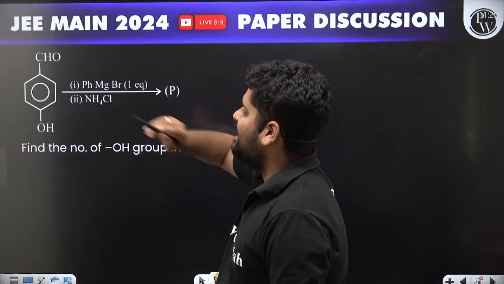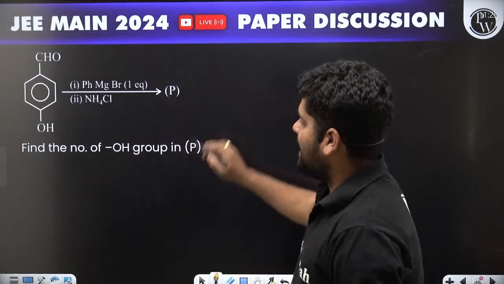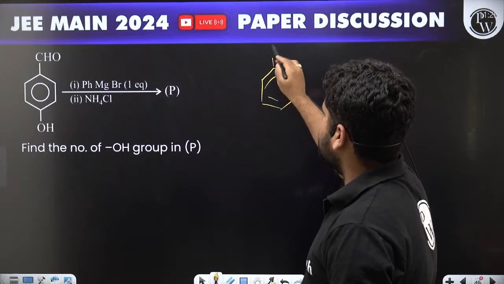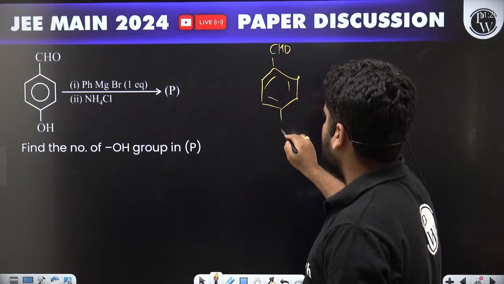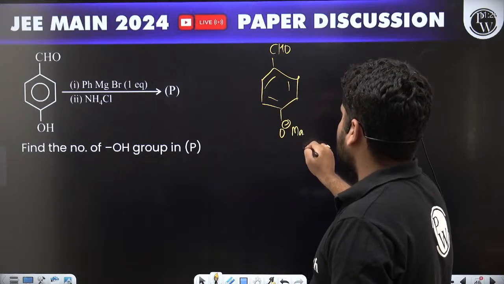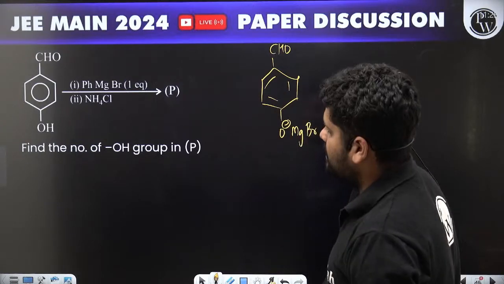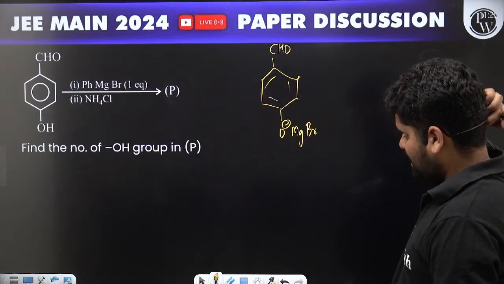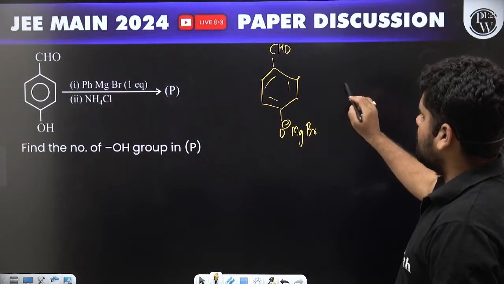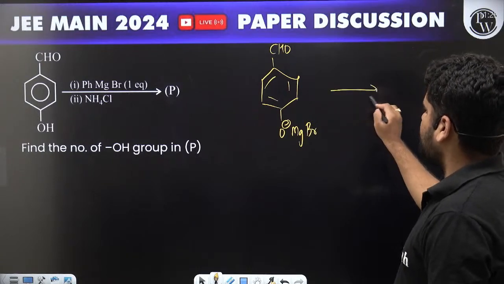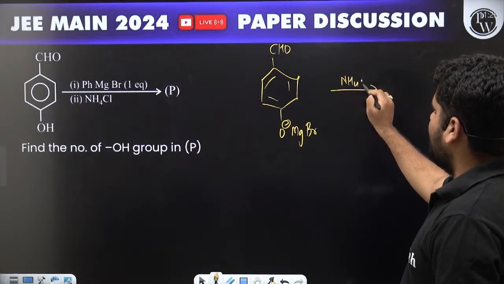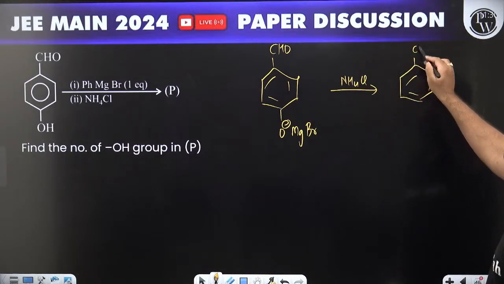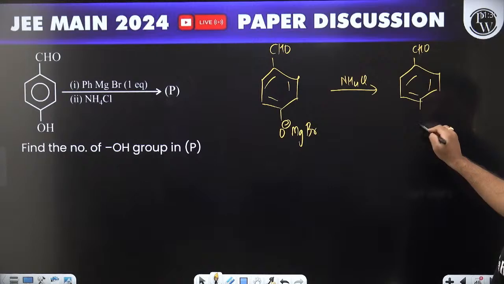Now, the acidic hydrogen gets replaced. When you are adding a Grignard reagent, the CHO part remains as it is, and we are going to put O minus and MgBr initially, and this Ph part goes with the benzene ring anyways, so that is not required. Now, on this we have added NH4Cl, isn't it? When we add NH4Cl, we are getting the same product again. We will be getting benzaldehyde over here and we'll be getting phenol.